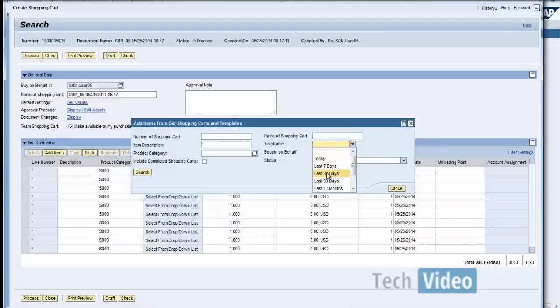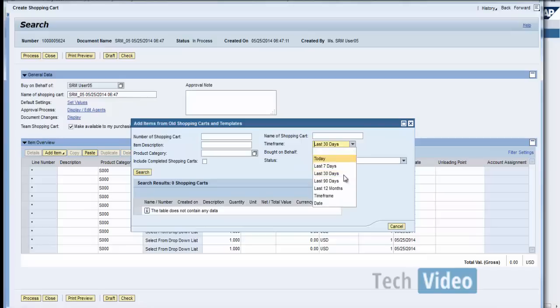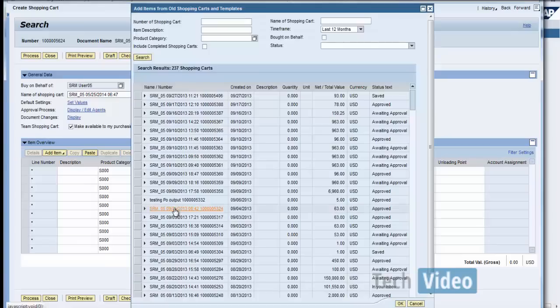Time frame as the last 30 days, and click on search. Okay, you may click on last 12 months and then click on search. Let's select the same shopping cart which we created and click on OK.